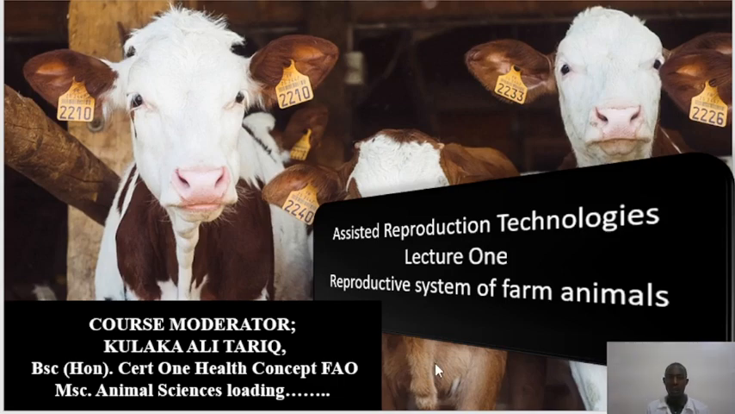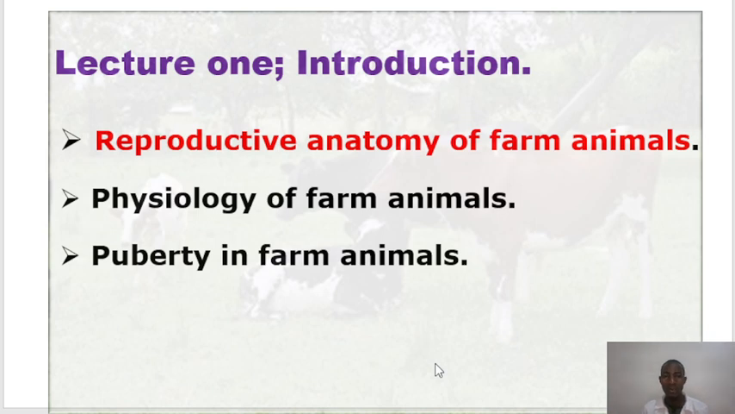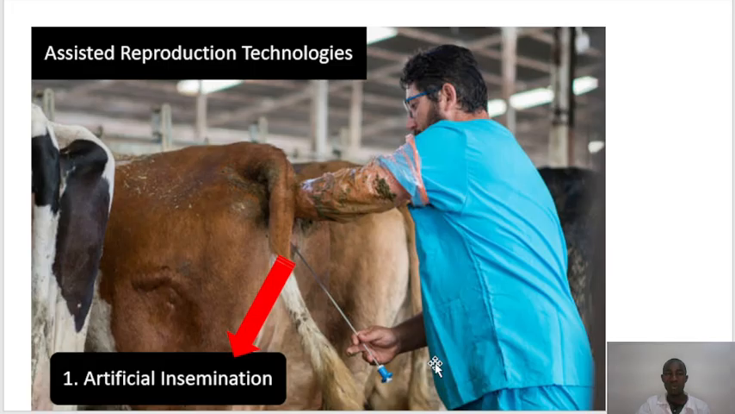Yes, welcome to lecture 1 about assisted reproductive technologies, and we shall be handling the reproductive system of farm animals. This is Kulaka Atarik, animal scientist. Lecture 1 shall be based on the reproductive system of the animals. This is the female, then the male. Then we shall handle the physiological part, which is based on the functions and the hormones involved within the reproductive system. Then we shall talk about puberty in farm animals. Then we also see, but it will be in lecture 2,